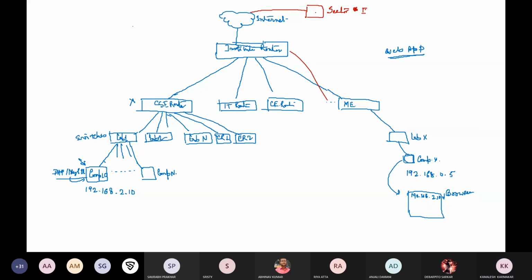So if this is student 1 who is trying to access this website which you have launched here from his home, is it possible to access this machine from his home or outside of this institute? What do you feel? Is it possible to access this machine from outside of this institute?